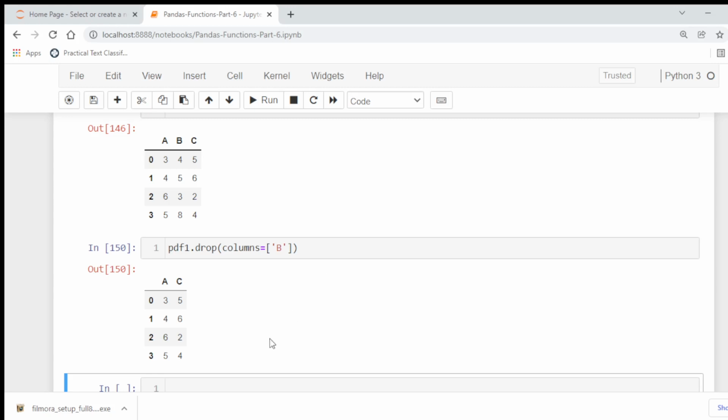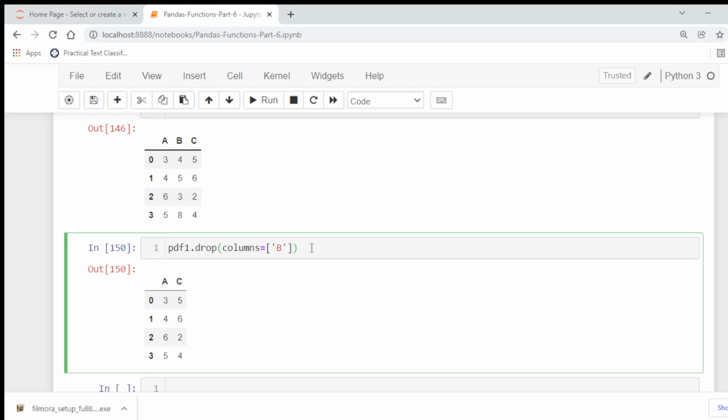The last one is errors. Errors can take two values, raise and ignore. When it is raise, it will raise the error. To raise or suppress errors, you can use this errors parameter.